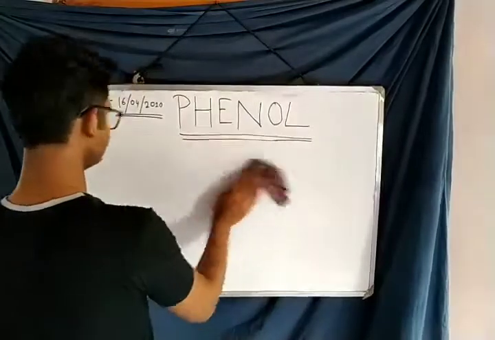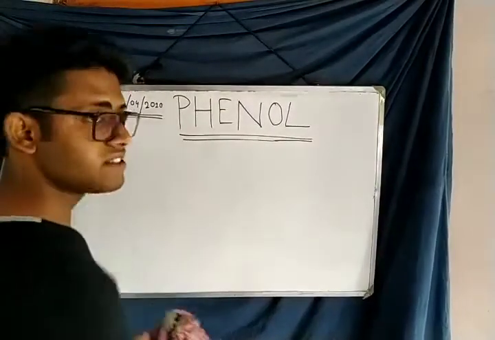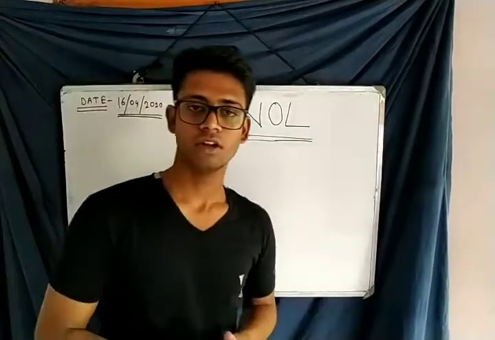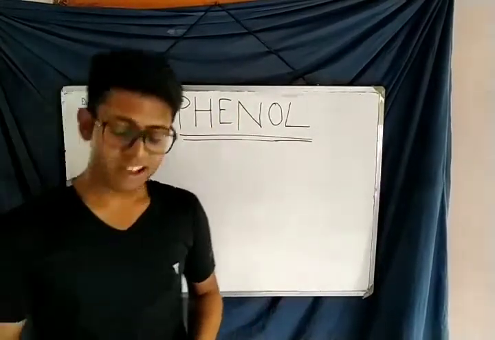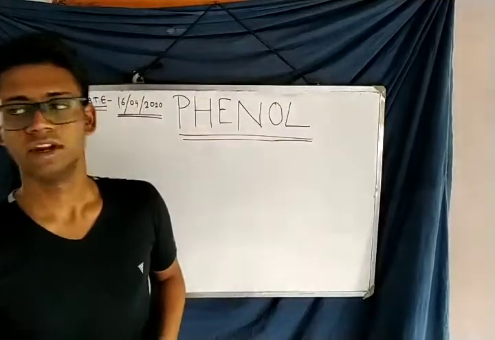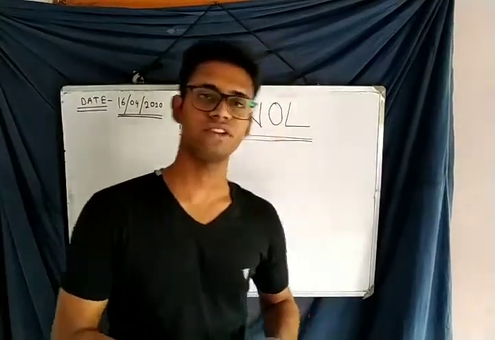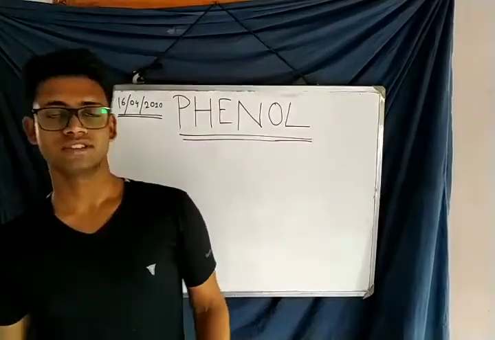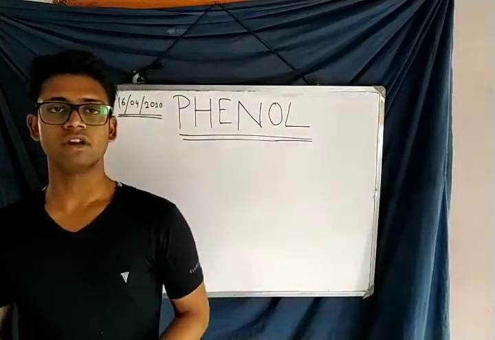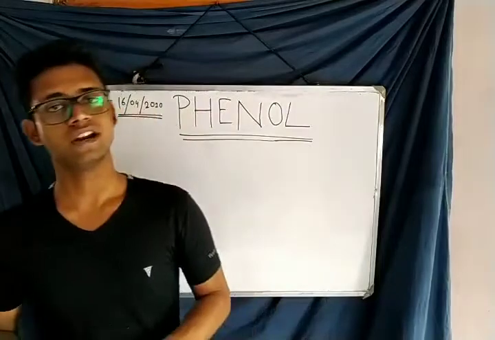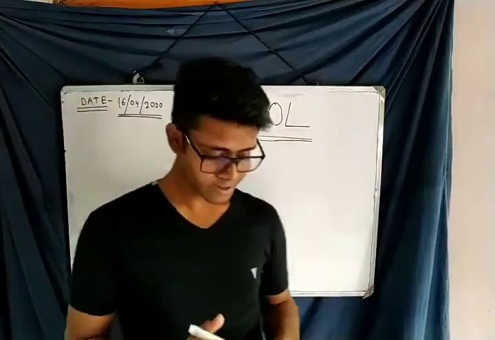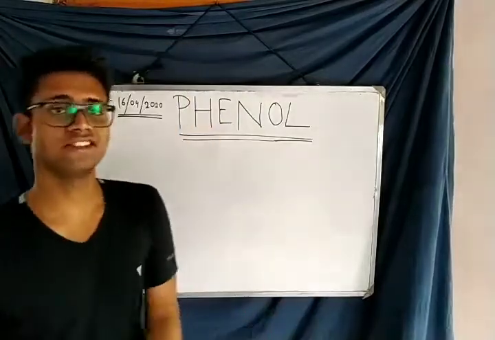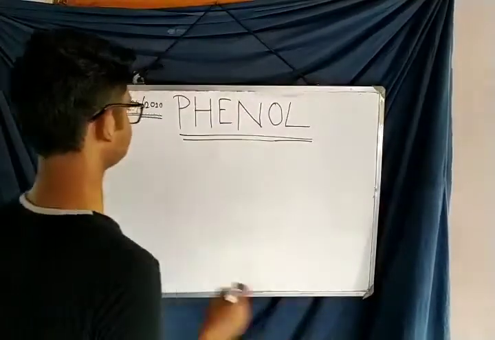Now we have to come to some special reactions of phenol. There are many special reactions of phenol. Okay. So the first reaction is Kolbe's reaction. It is a very important, very famous reaction, by which, as we discussed in the preparation of phenol, we get salicylic acid. Remember it properly. So how do we prepare salicylic acid from phenol? By this Kolbe's reaction, we can prepare salicylic acid from phenol. So what is the reaction?